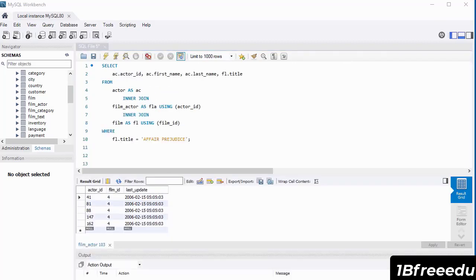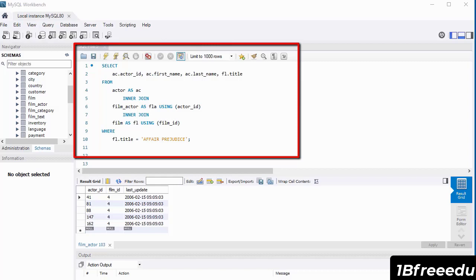This is the query I'm going to use to get the required data from the database table. I'm going to run through the query with you. On line number 1, we have the select keyword. On line number 2 is where I specify the columns or the fields in the table that are going to be displayed in the result of the query. So on line number 2, I've got ac.actor_id, ac.first_name, ac.last_name, and